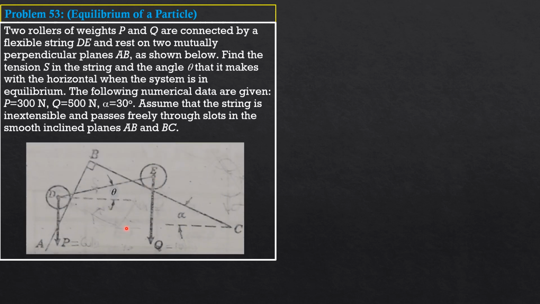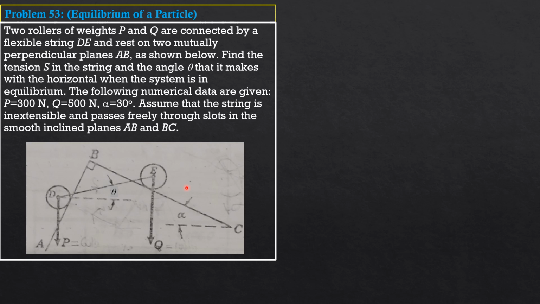Assume that the string is inextensible and passes freely through slots in the smooth inclined planes AB and BC. So here is the given figure. Take note that the surfaces in contact with the rollers are frictionless and alpha is 30 degrees. This angle is 90 degrees. Therefore, the angle of inclination of AB is 60 degrees. In this problem, I'll present two solutions. One is the longer one using the free body diagram, and the second one is using the force triangle, which is a bit shorter for this case. But let's have the free body diagram